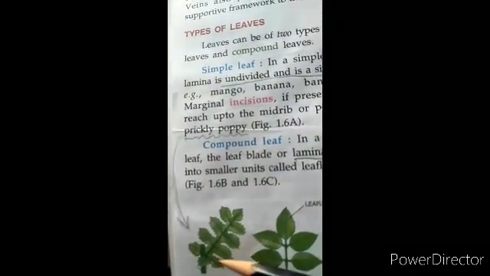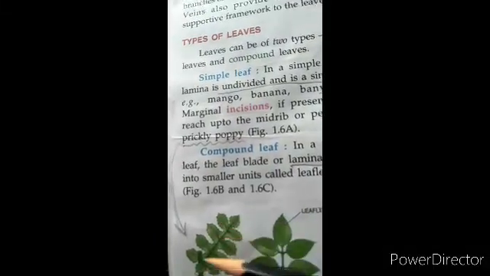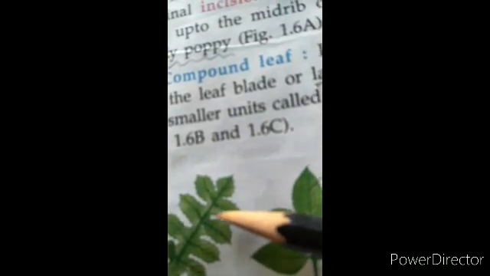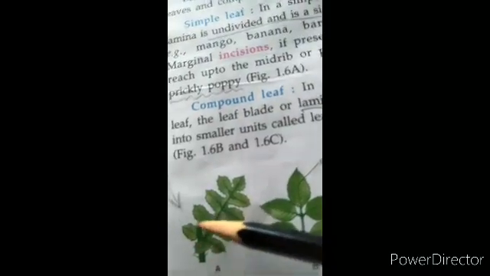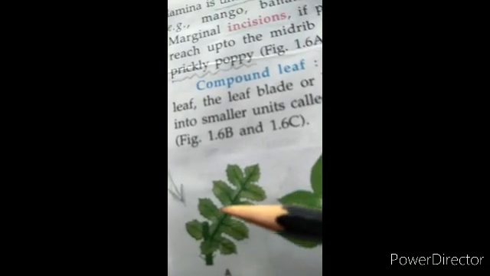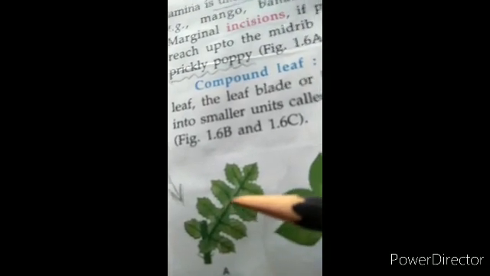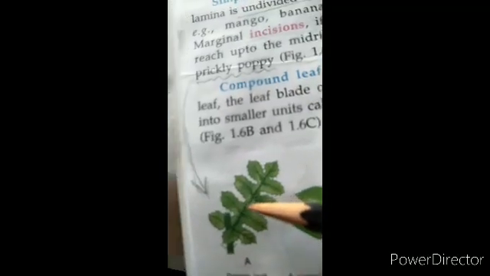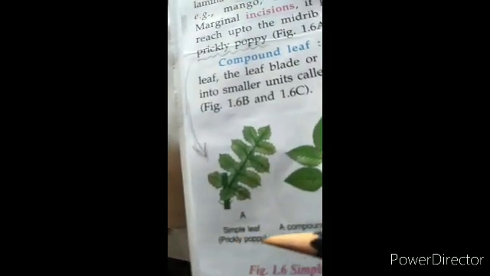now the lamina seems to be divided into leaflets, but when we look closely we find that the division is not complete. It is an incomplete division, because here at the base, near the margin or near the midrib, we find that the leaf is not completely divided. There is some level of continuation here at the base. So this is not a completely divided leaf. So we cannot call it a compound leaf. This still remains to be called a simple leaf. And the example here is prickly poppy.